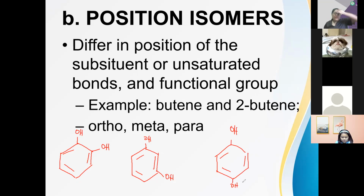Okay. So this is class, take note. They are the same, right? If you count the number of carbons, number of hydrogens, and even the number of oxygens, they are the same. But what is different? Isn't it the position? The position of the branch or of the attached functional groups. So when you see a compound with ortho, meta, and para in the name, they actually have the same molecular formula but the functional groups are in different positions. So this one is the so-called ortho. So this is 1, 2,